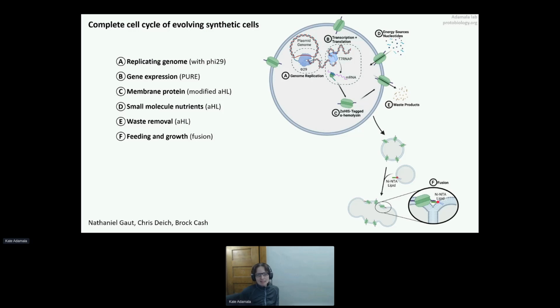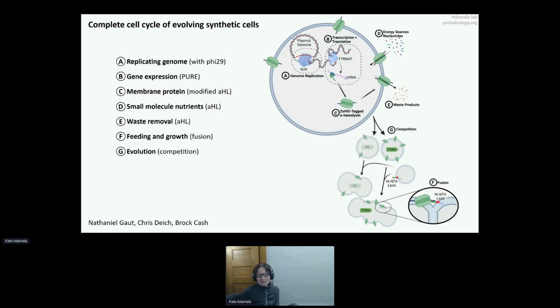And this is where that modified alpha-hemolysin comes in handy. Because it's modified with 2 different His tags, there is a His tag presented on the surface of our synthetic cell if it expresses the alpha-hemolysin protein. And then we have those feeder liposomes that are tagged with a nickel NTA moiety on the membrane. And those feeder liposomes fuse with the alpha-hemolysin tagged synthetic cell. And that gives you growth, that gives you nutrient uptake because the feeder liposomes bring in feeding proteins, bigger molecules. And then that also gives you membrane growth because the feeder liposomes bring lipids.